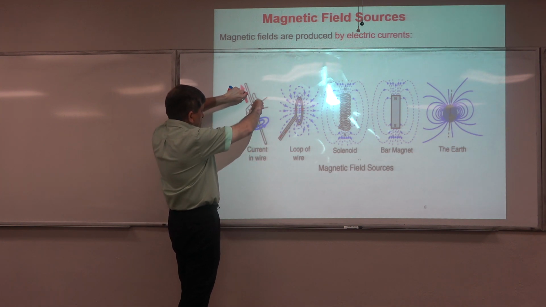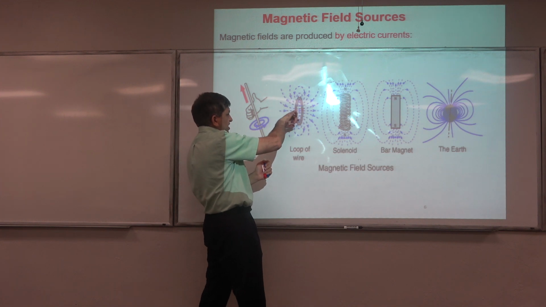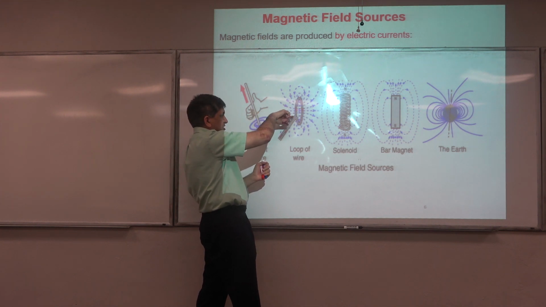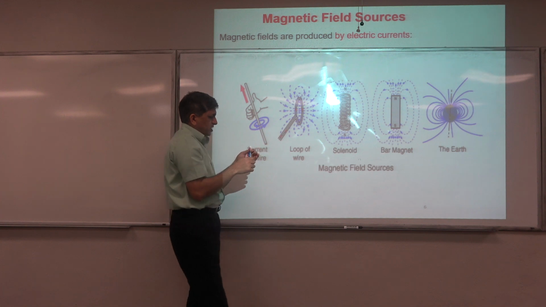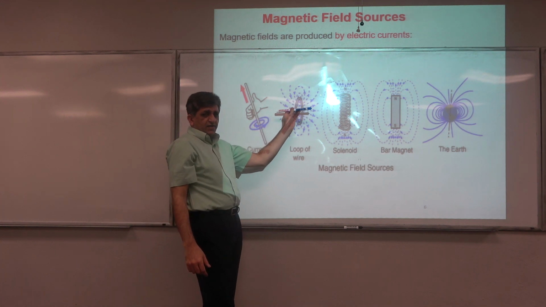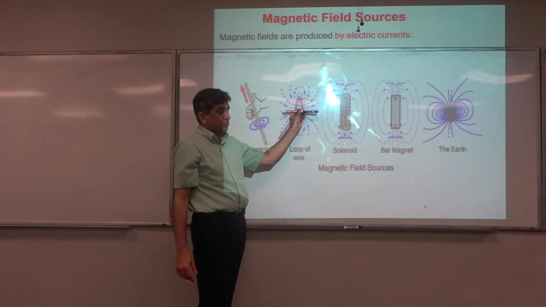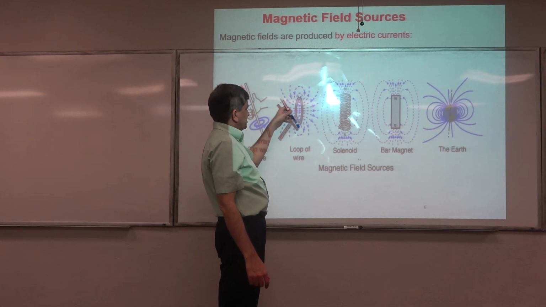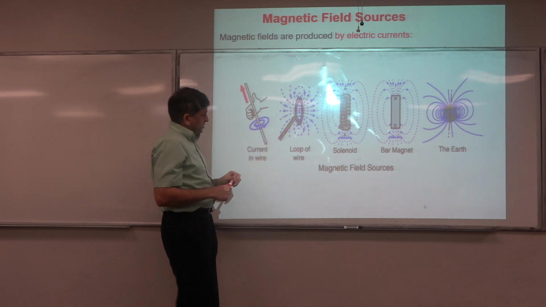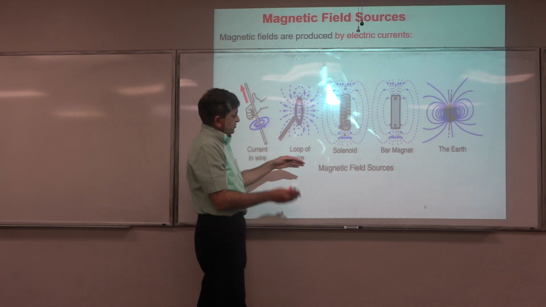If I turn this straight wire into a loop, then using the same procedure I will see that in the middle of the loop it looks like I have a magnet placed in it. One end of this magnet has a north pole, the other has a south pole, so the magnetic field lines move around it. Now, instead of one loop of a wire, if I connect several loops of a wire,